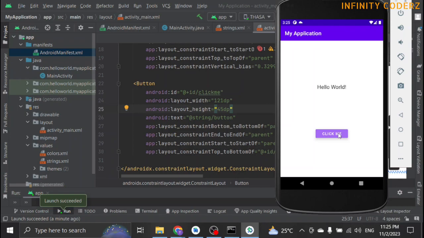That's it for the introduction to Android Studio. To recap, we have gone through how to set up Android Studio, how to create a new app, and we also extended the app by adding a button functionality.